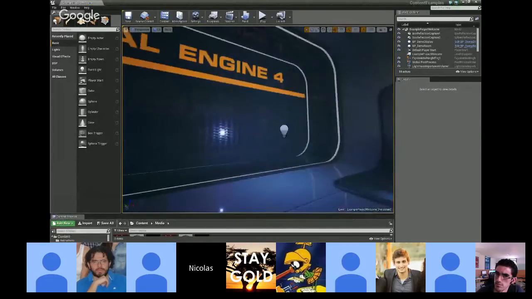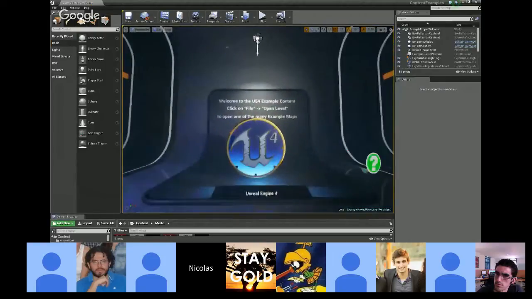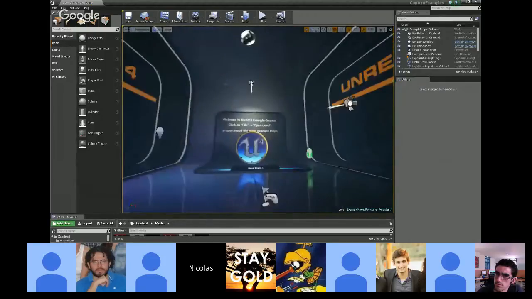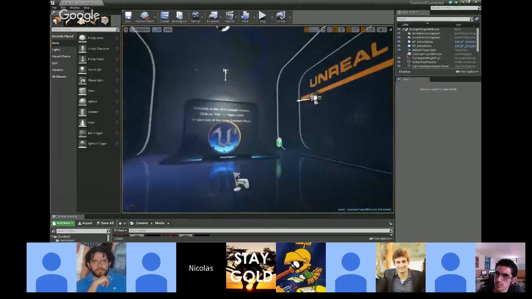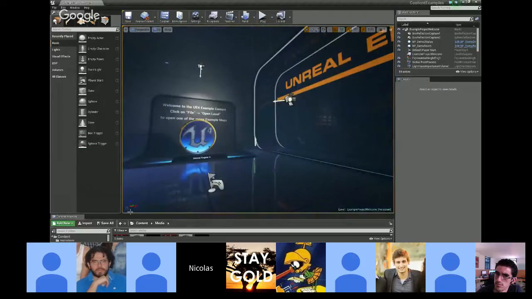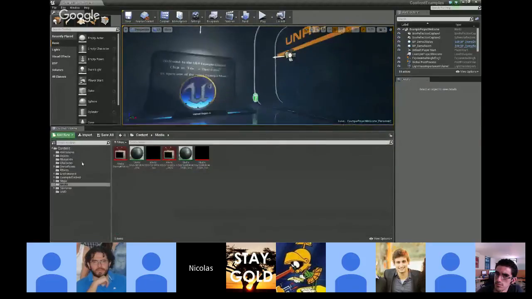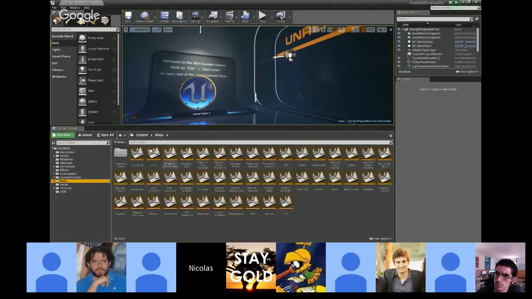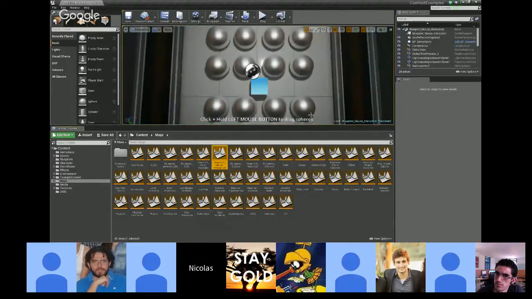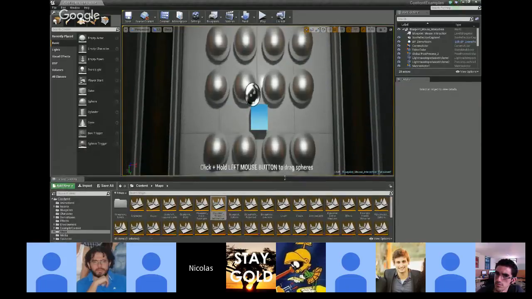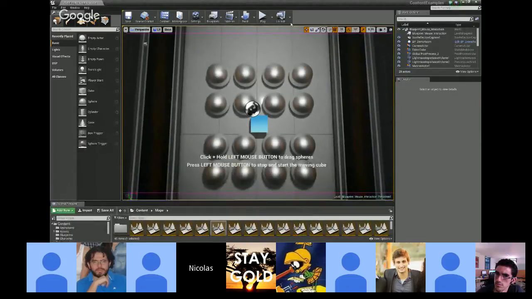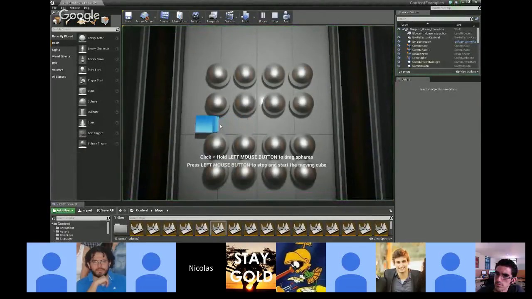If we come here, let's see, welcome to the Unreal... Content example, what do we have here? I think I need to open another level. Maps. Yeah, so let's see, here you want to see, I don't know, mouse interaction blueprint examples. So here it is. I hit play here, it will play on the viewport, and if you see, I can